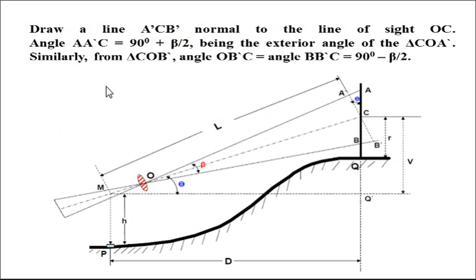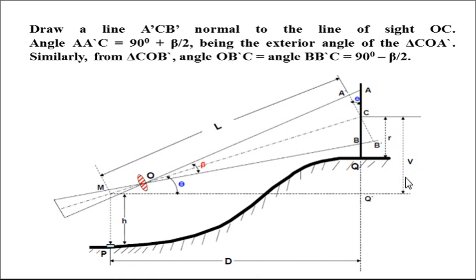So this is the figure. The distance between M and this B is capital L. This is the optical center O. This is the angle beta between the two rays, and theta is the angle between the inclined line of sight, the central hair, and the horizontal line of sight of the instrument. Then this is M, the center of the instrument, and the instrument is set at P. So the horizontal distance between this instrument station P and the staff station Q is capital D.